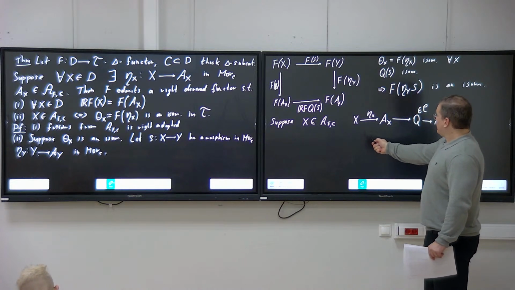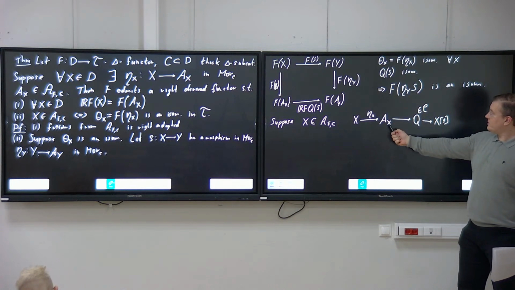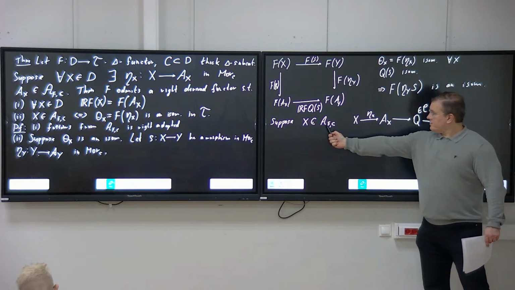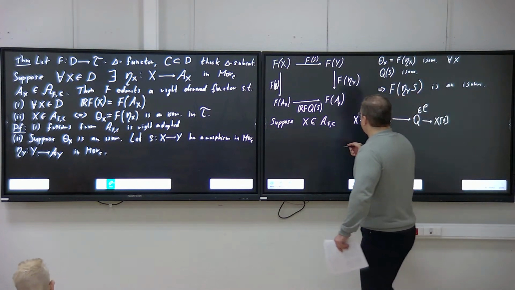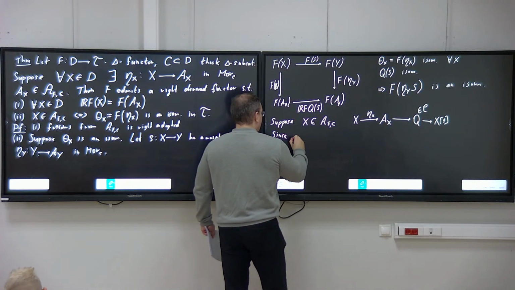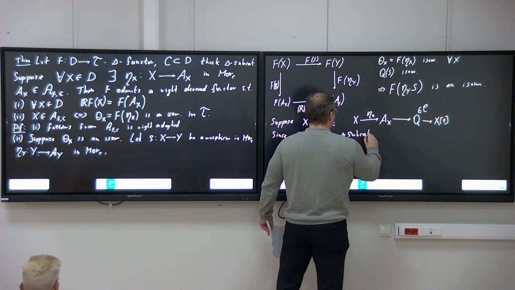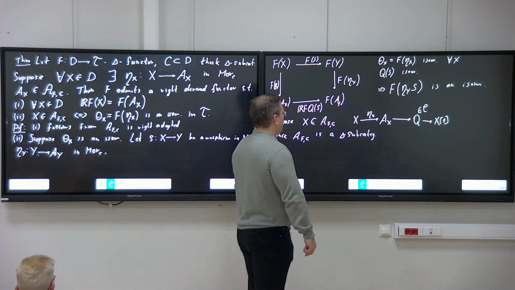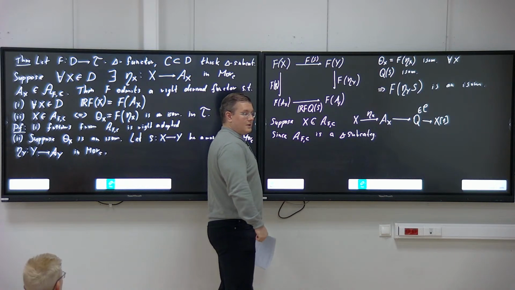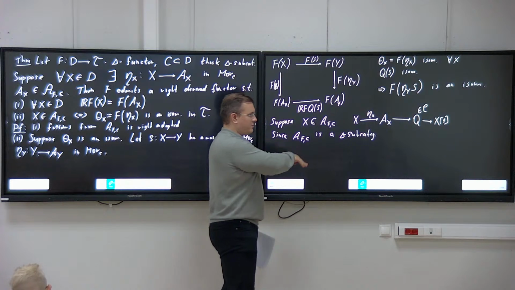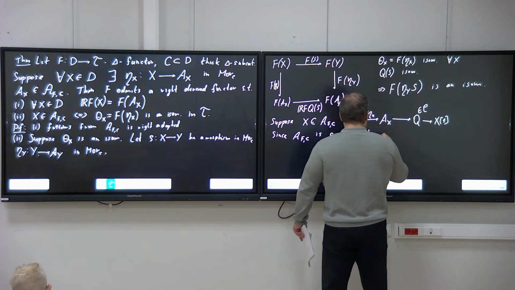Now, when this X is in this subcategory of acyclic objects, this is more or less by the definition. So these two objects are in the subcategory of acyclic objects. But last time we proved that this is a triangulated subcategory. Hence, since AFC is a triangulated subcategory, X and A sub X are in AFC. I'm going the other direction, so I assume that X is acyclic, right? So since AFC is a triangulated subcategory,